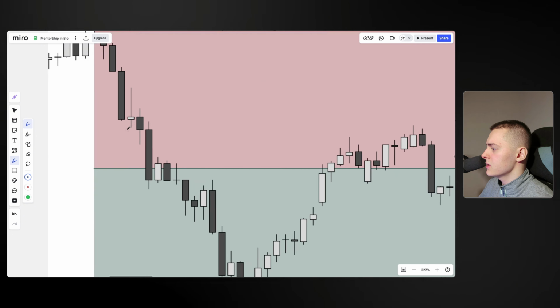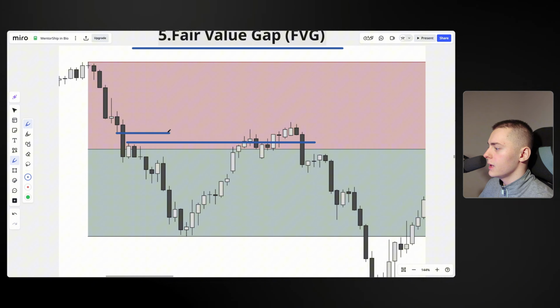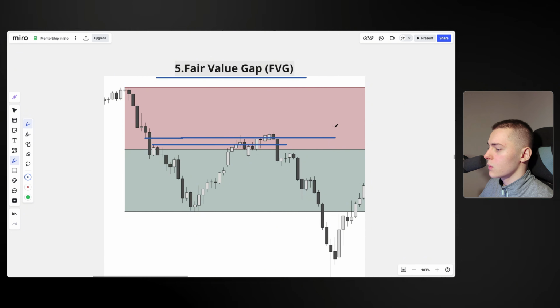As you can see, we have just talked about the order block right in there. But there's also a fair value gap right in here. As you can see, the fair value gap also got mitigated, traded into, and went lower. Now again, you have to combine it with the premium to discount. That's why I've included the premium to discount range first, before explaining to you the order blocks or the FVGs as a whole. Because again, if you just trade the order block by its own or the FVG by its own, then it's not going to work.